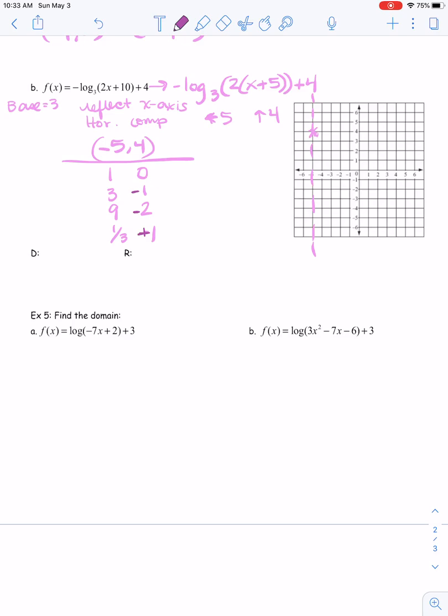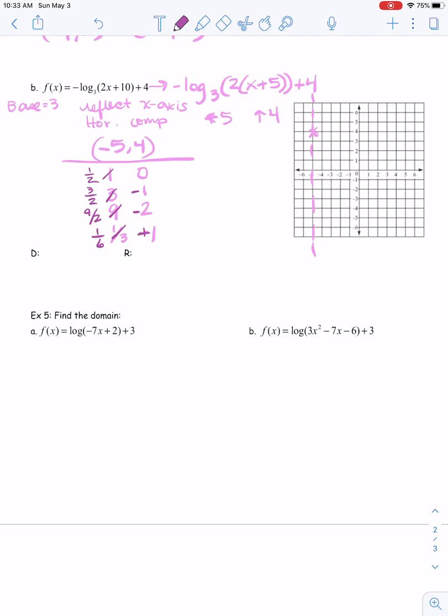The horizontal compression is going to affect those x values, the rights and the lefts. So I'm going to multiply those by a half. So this is now 1/2. This is now 3/2. This is now 9/2. And this is now 1/6. Okay, so now from the point